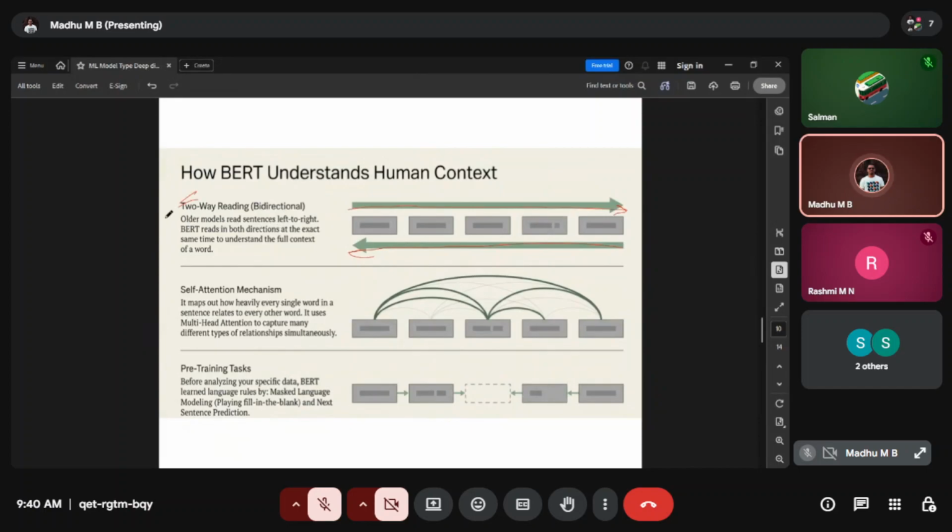Older models start to read from left to right. BERT reads from both sides, because it's a machine, right? It can read from both sides, and it will analyze what exactly is there, and then the self-attention mechanism maps out heavily the single words.